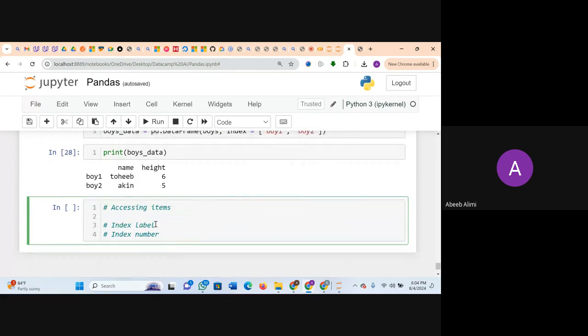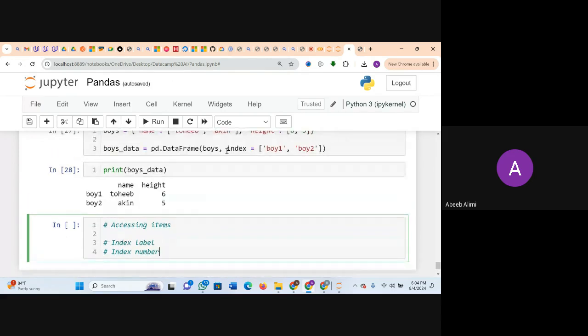Okay, exactly. So index label is what we choose when we are defining our data frame. Index number is what comes by default. Now, I just want to quickly summarize it. To use an index label, we use location in the data frame, which can be summarized as LOC. For index number, remember it is a number, which means an integer. So we call it integer location, ILOC.